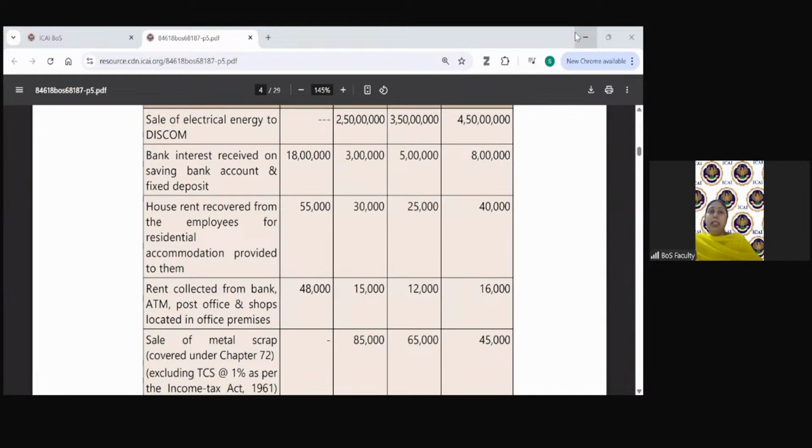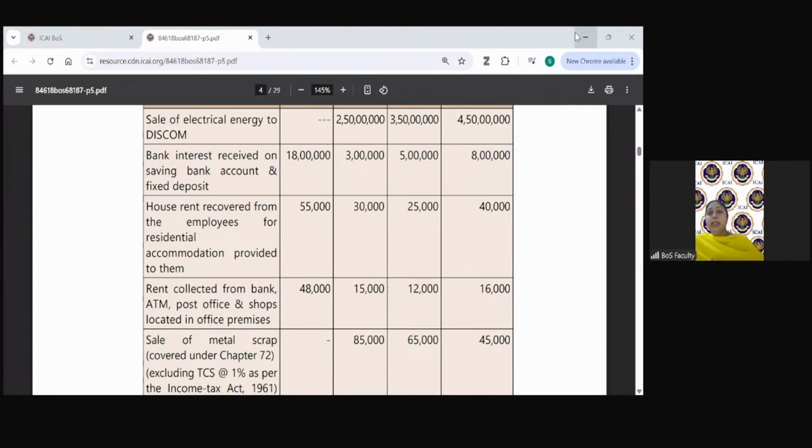We have already seen that the residential dwelling services are being provided to the unregistered person. So therefore, they are not liable to GST. Now, when they are not liable to GST, they cannot be taxed under forward charge or reverse charge per se. So first, house rent recovered is not taxable under reverse charge. That is the first point.